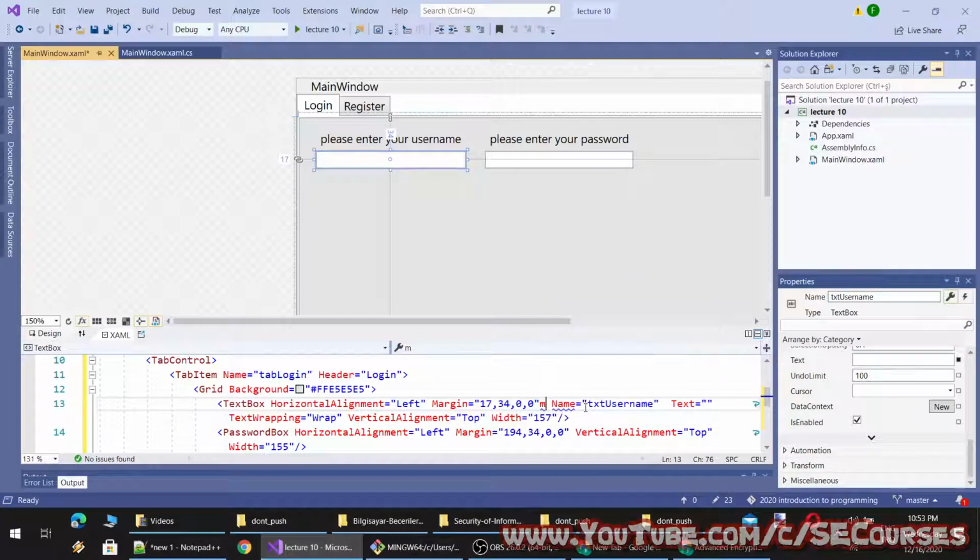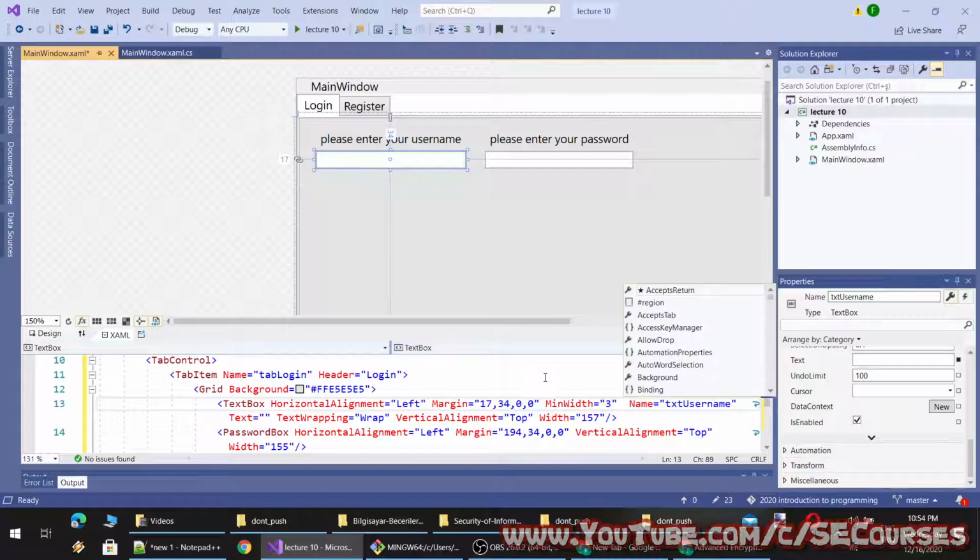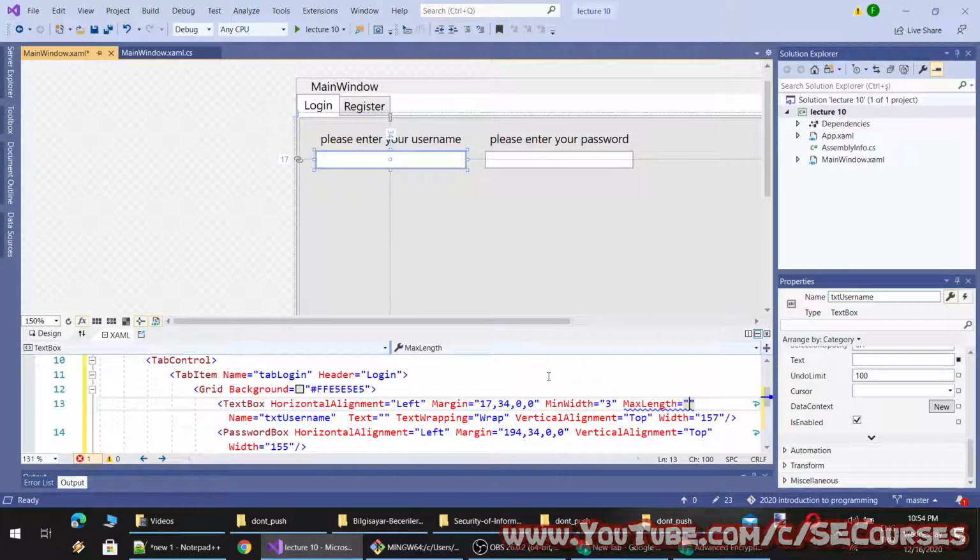I think min width as 3 characters. So the user will be able to enter minimum 3 characters, and let's say maximum 20 characters. So let's make max length 20. Interesting, there is no min length. You see, this is framework element min width, this is text box max length.